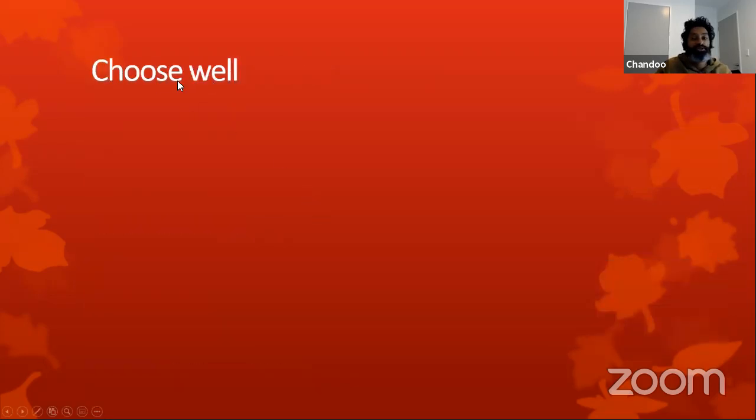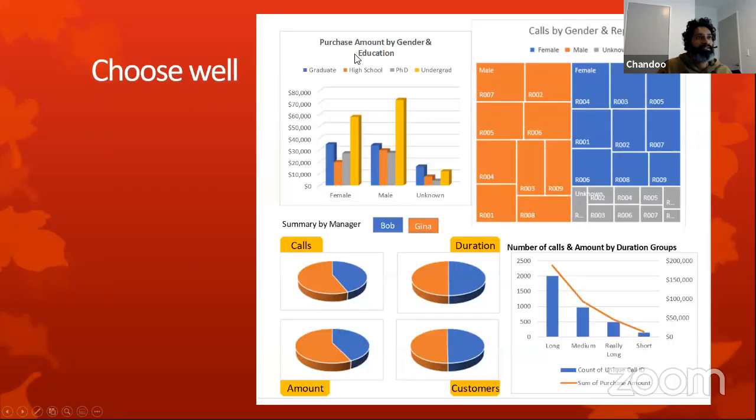The next principle is choosing well. This is again something that is very obvious for most people, but you would be surprised how many times we come across really poor choices when it comes to data visualization. By choosing well, what I mean is, here is the snapshot of the original dashboard, and you could clearly see that there are a lot of choices that were not made in a consistent or good manner. For example, you could see that there are a lot of three-dimensional charts, and this is something that most people kind of naively fall into the idea that, by using 3D, the chart kind of looks a bit slicker or better, but that's not the reality.